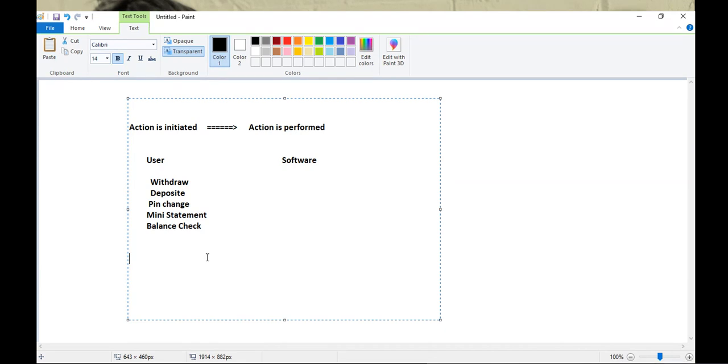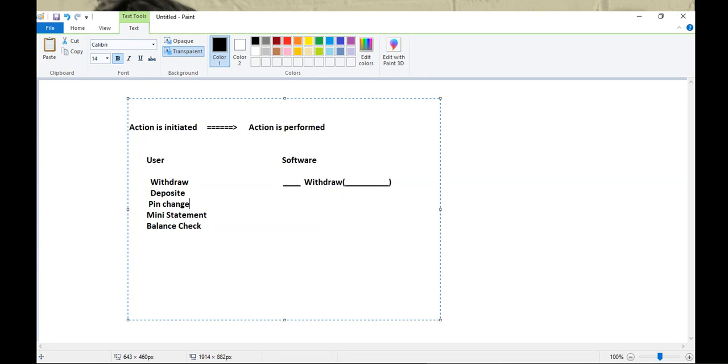As a user, when I call the withdraw method, the withdraw method definition which is present in the software will be executing. Let's say some return type I'm giving here. I'm not at all going into programmatic details. Okay. So someone has already implemented this for me.